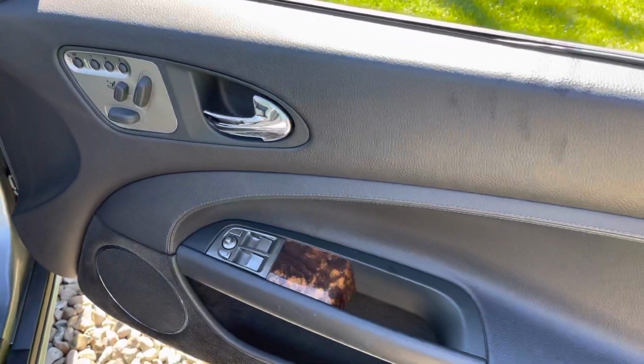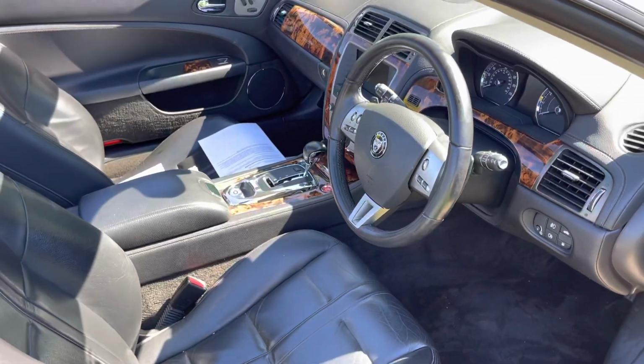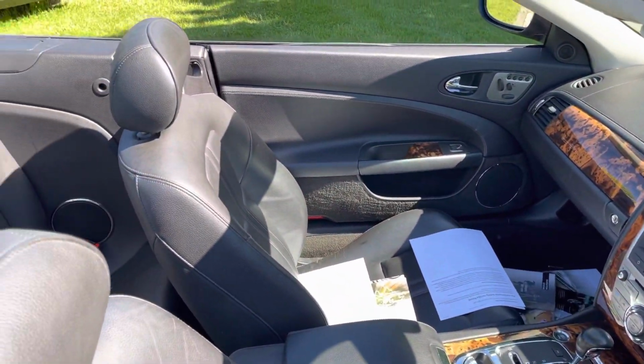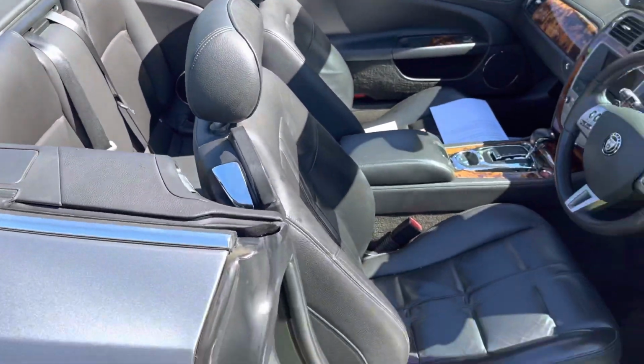But you can just see all the walnut wood there. Only Jaguar doing cherry trims like that, don't they? Look at that, it's fabulous. We've got a wind deflector in the boot as well for it, but black interior, trim pack classic, and black